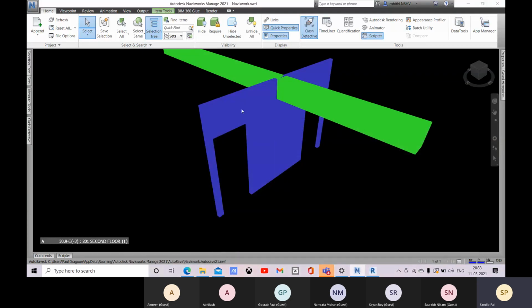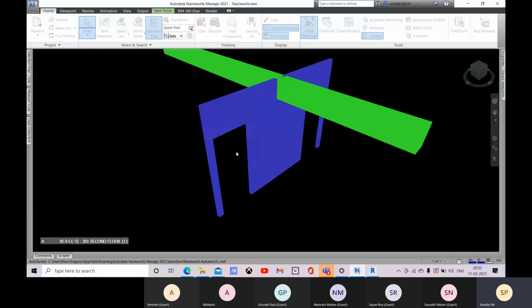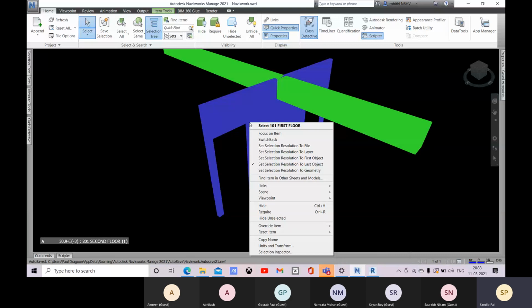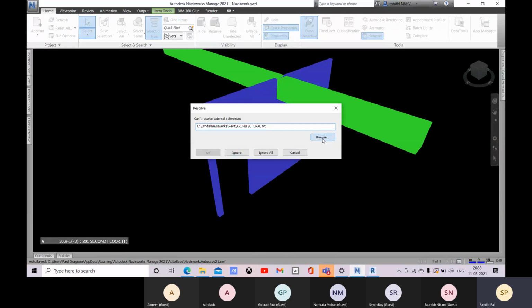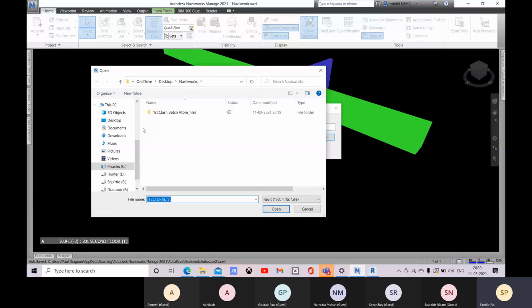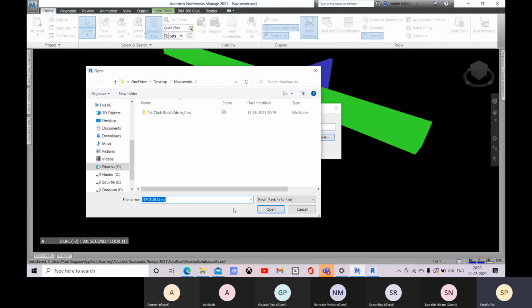So right click and switch back, and it will ask you. For that, let me go for this switch back, and let me go for this browse, where I have saved.